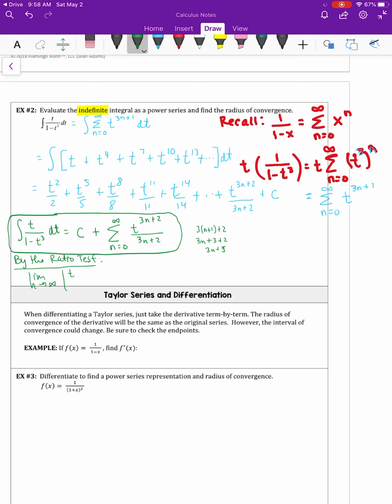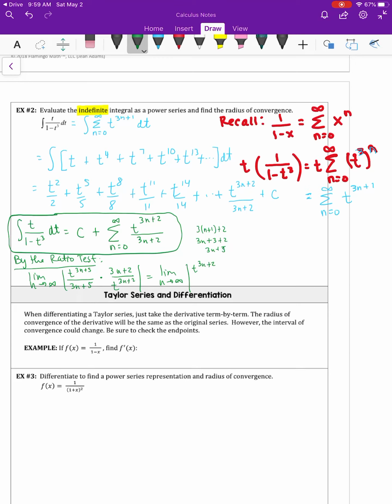And remember, when I take 3 times n plus 1 plus 2, I'm going to have 3n plus 3 plus 2. I'm going to have 3n plus 5. And so this is t to the 3n plus 5 over 3n plus 5. That's my n plus first, and then the reciprocal